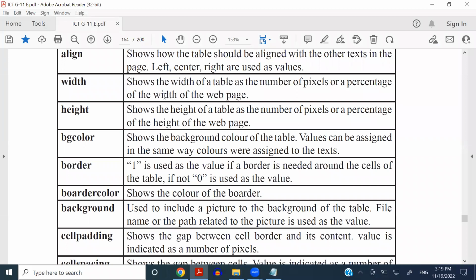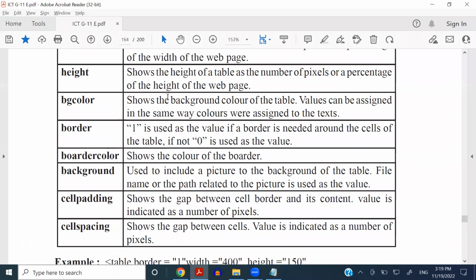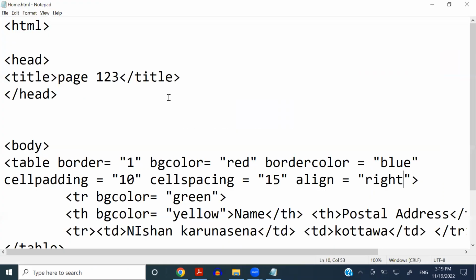And you can use a background image as well. So that can be given with the help of background, right? So background, I need to give a small